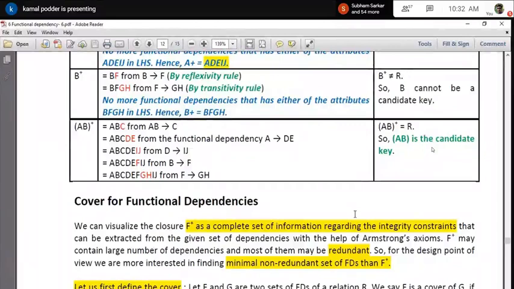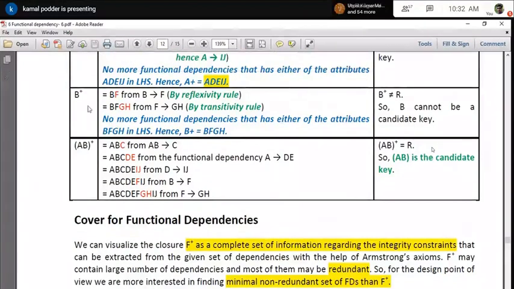And that can also be more than one. And after identifying the minimal set, take an example. Say I have found AB here, AB is a super key. That means with the help of these two attributes you can uniquely identify one record in that relation. Now this is a super key. There can be more than one super key in that relation. Now we try to find B. If you find B is also able to uniquely identify the record in that particular database, then it is also a super key.